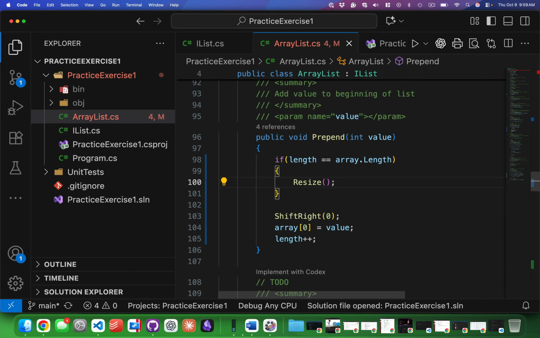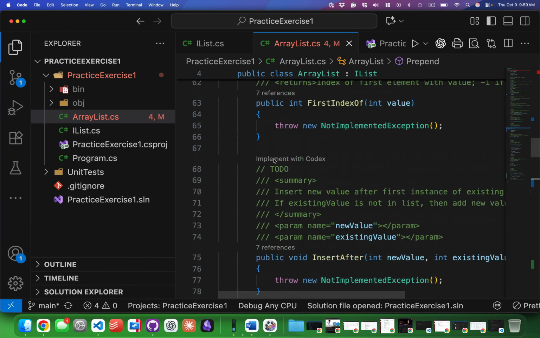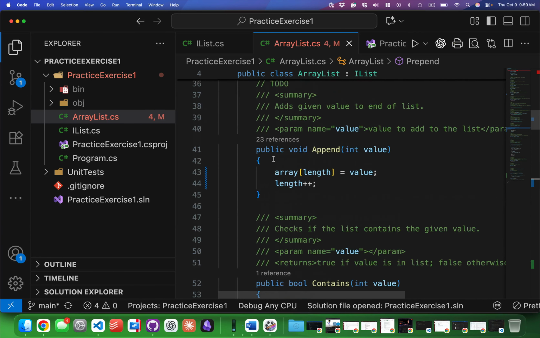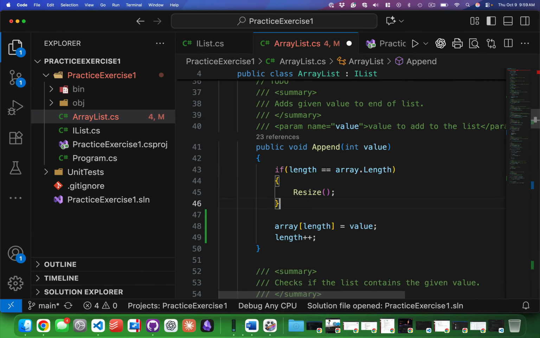So when we do this, the array will be twice as long, which means it'll have the same 16 things as it had, plus another 16 blank items. So now we know, as long as we do this before we call shift right, there's definitely space to do the shifting. We really want to do this exact same thing anytime we add to the array, which would also be in append. So I'm going to go ahead and copy paste it into append while I'm thinking about it. Right, because append is going to add one to the end, but we've got to make sure there is one